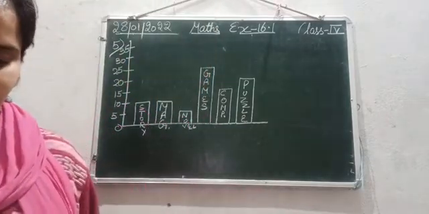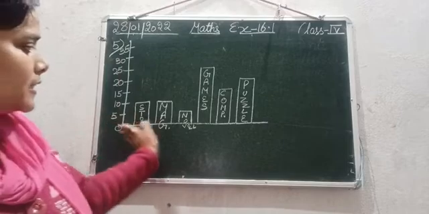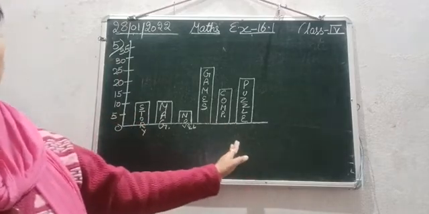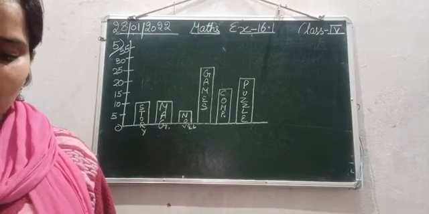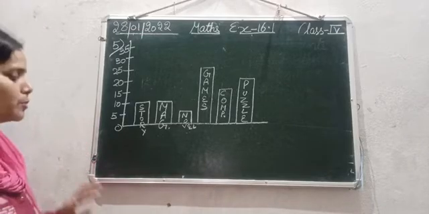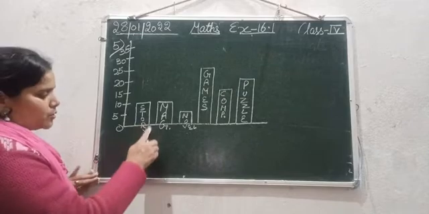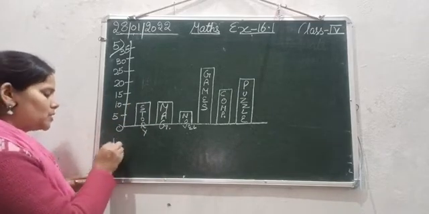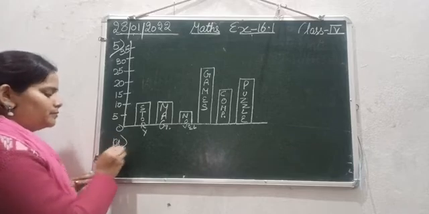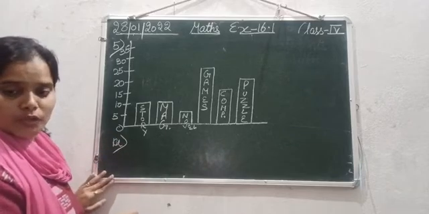Okay, so these are the number of books and these are the names of the kinds of books that are being borrowed from the library. So the question A is, how many story books were borrowed? So how many story books? So this is the story book. How many story books were borrowed? 10 story books. So write down the answer for A1. How many story books were borrowed?